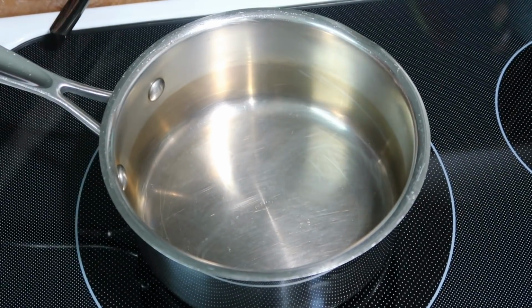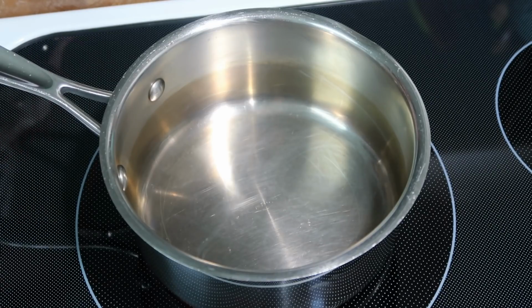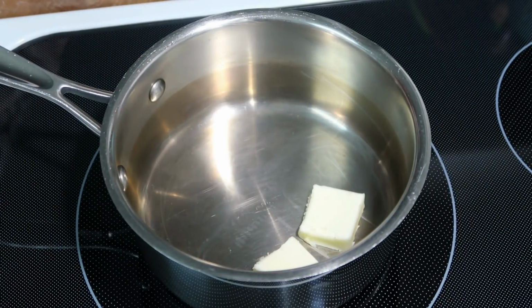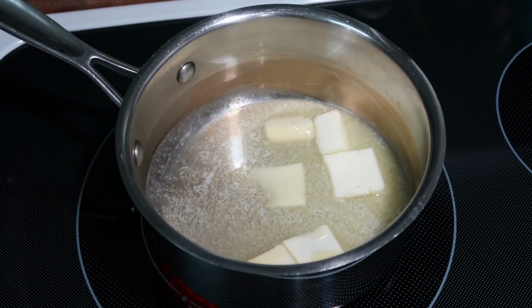Okay, y'all. I have a saucepan here, kind of in between medium and high, kind of a medium high. And I need a 1/4 cup, it says, of oil or butter. I'm going to use butter. So I have my butter that I'm about to put in here. I'm going to kind of cut this up so that it'll melt better. It says to use a saucepan, so that's what I'm doing. So we're going to get this to melt, and then we're going to add in a 1/2 cup